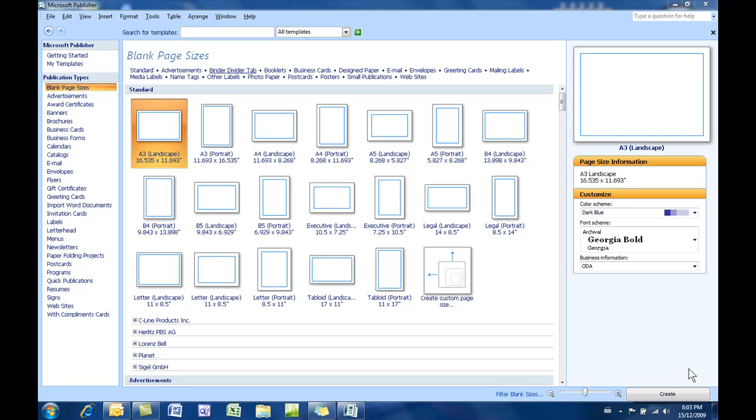Now, when you launch Publisher, this is the menu you get. And on the left-hand side, you have the different types of publication types. And when you click on one type, you get an array of choices. Now, think of Publisher as an area or an application you can use with a lot of predetermined and pre-built